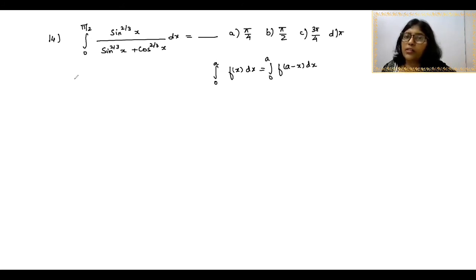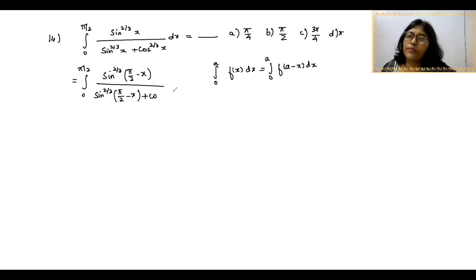Let's do it, and then we will see how to do it directly without all the steps. So first I'm going to apply pi by 2 minus x wherever there is x. And the denominator also comes out in the same way, 2 by 3 pi by 2 minus x plus